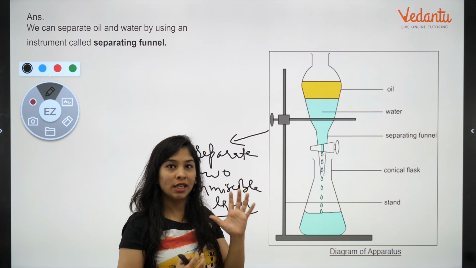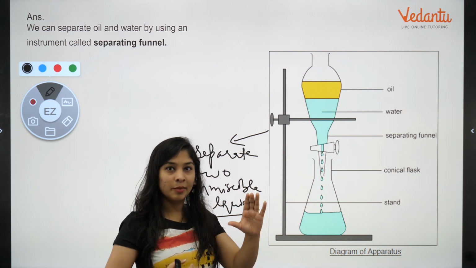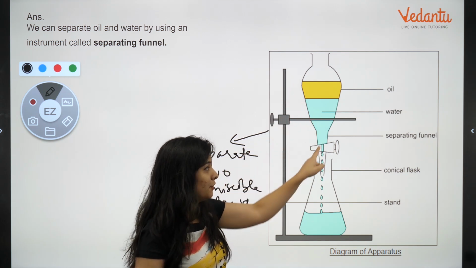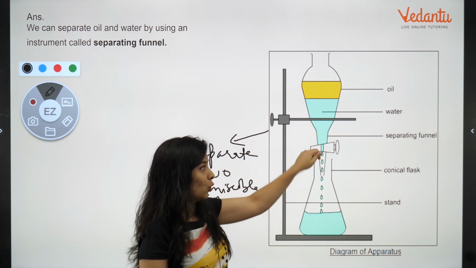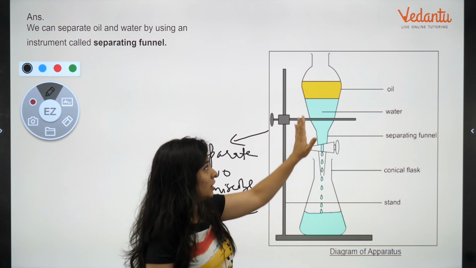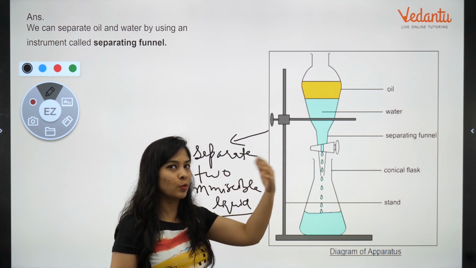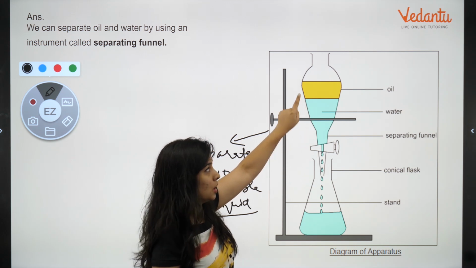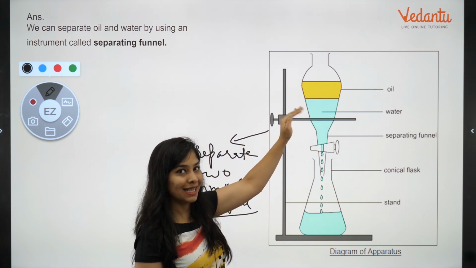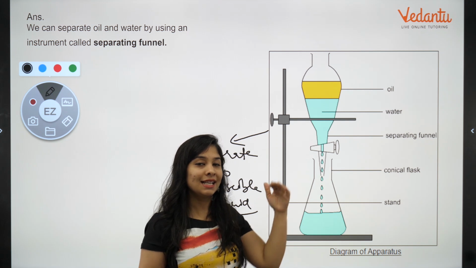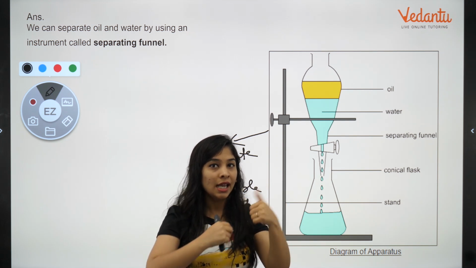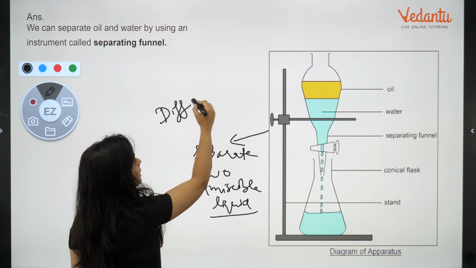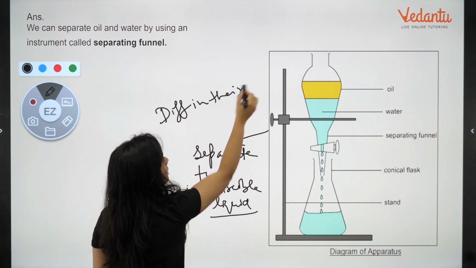Fine. Now answer is already there in front of you, that water will settle downward and oil will come upward. तो क्या करना है? Take that mixture, put it into this separating funnel. This is just the separating funnel. This cork is there. You can open it, you can close it whenever you want. So after some 2-3 minutes, what you are going to see, water is going to settle down at the bottom, oil will come upward, difference in density. So the principle behind separating two immiscible liquids is difference in their density. Okay, difference in their density.